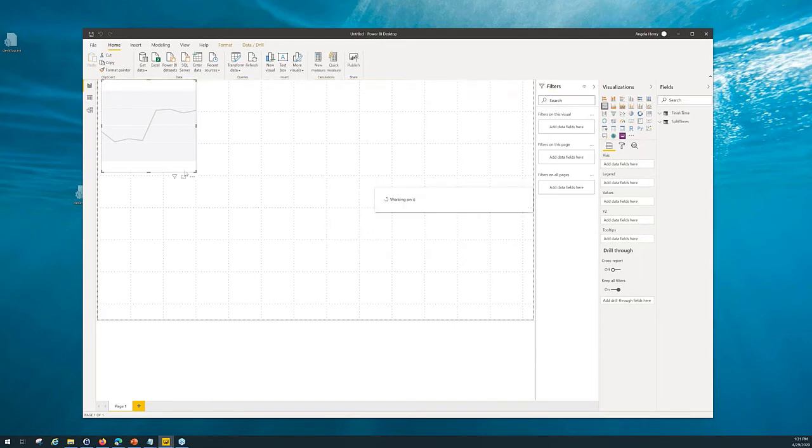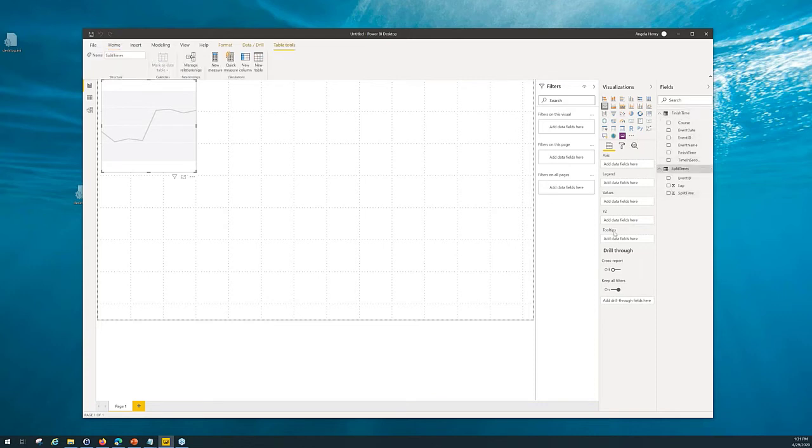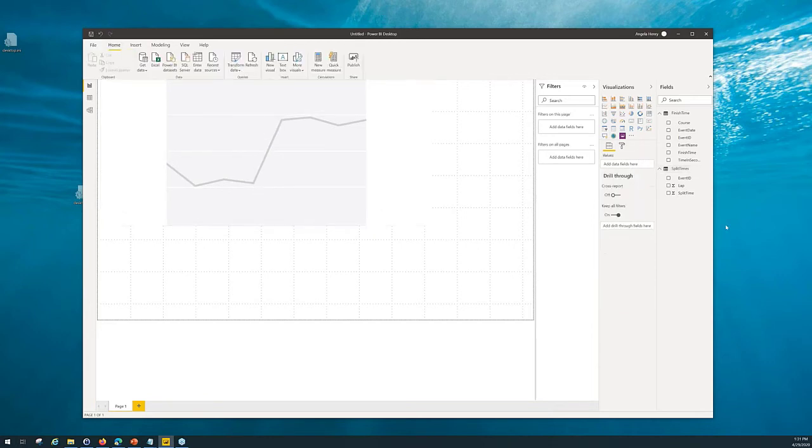Takes it a couple of seconds. All right, and now you can see over here on the right-hand side, we have those same finish time and split times. We're gonna drag this out. Let's try and recreate that split times one again. So make sure that your visualization has focus. You can tell because it's got these little anchors on it.